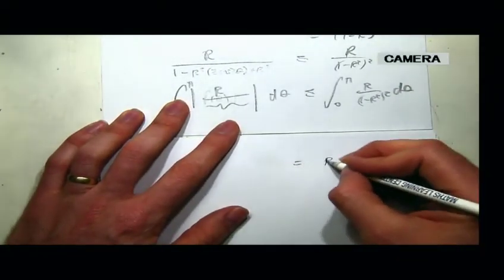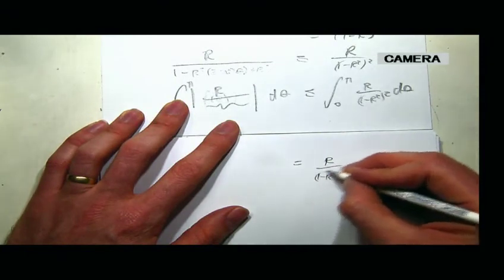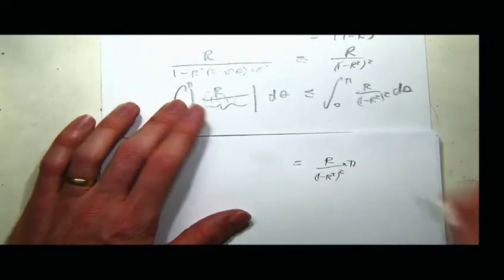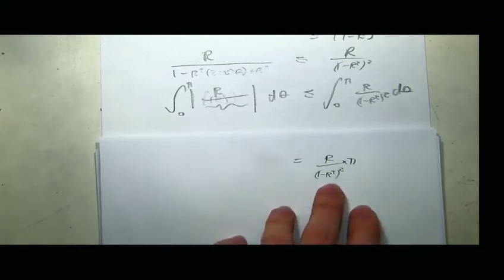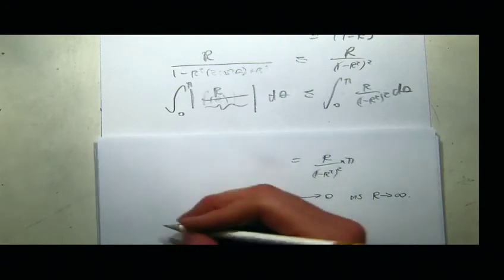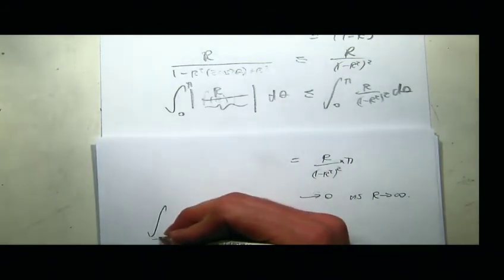And so when I do integrate that, I get r over 1 minus r squared times pi. And as r goes to infinity, that goes to 0. Because I've got roughly r to the 4 on the bottom and r on the top, so the power on the bottom is bigger than the power on the top, so it goes to 0. So this approaches 0 as r goes to infinity. Right. So we have therefore that the limit